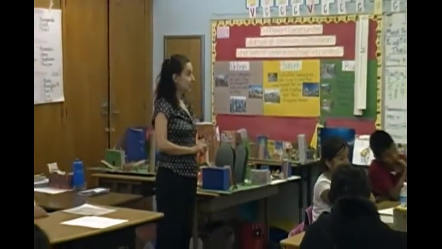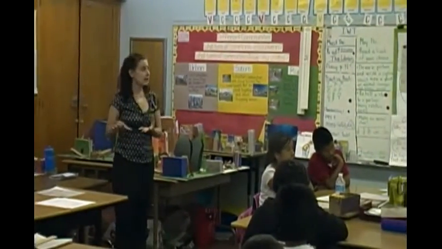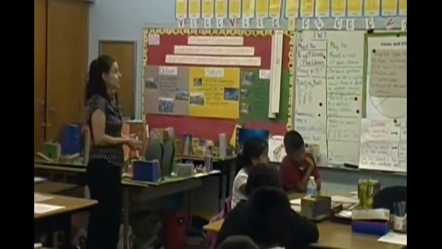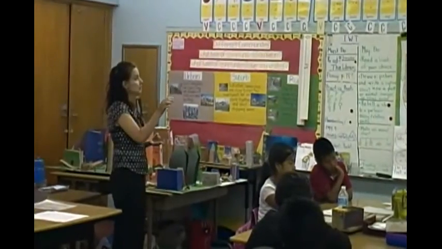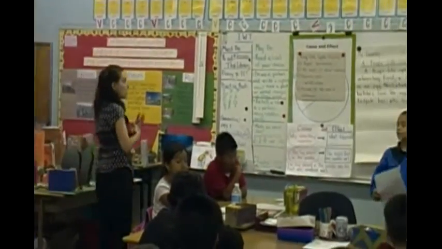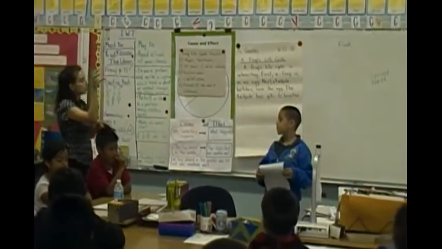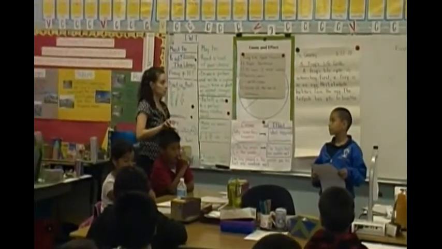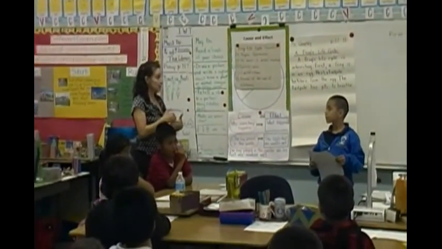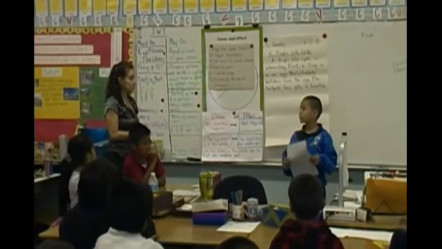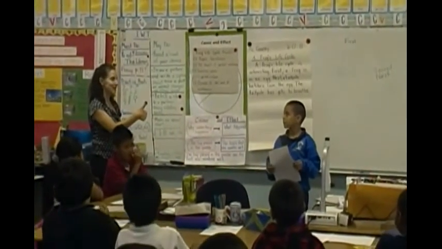My stars are that you spoke loudly and clearly. My star is that you used eye contact. My wish is that I had heard a few more transition words, because what I heard was that you weren't following the order of the life cycle. So I think if you edit your paper and change the order of some of your sentences, then it will be